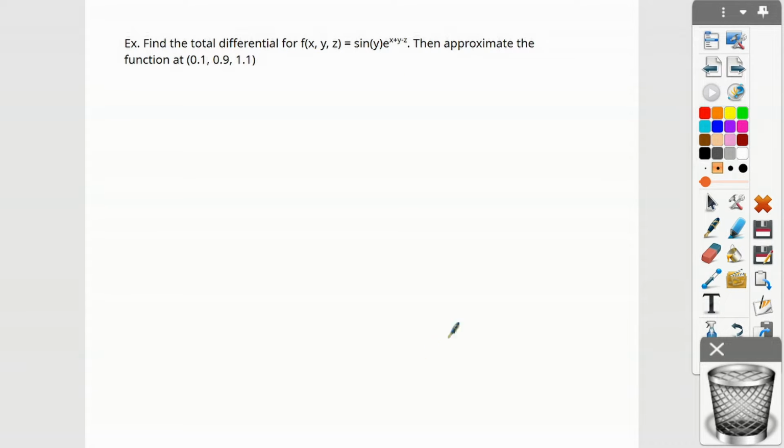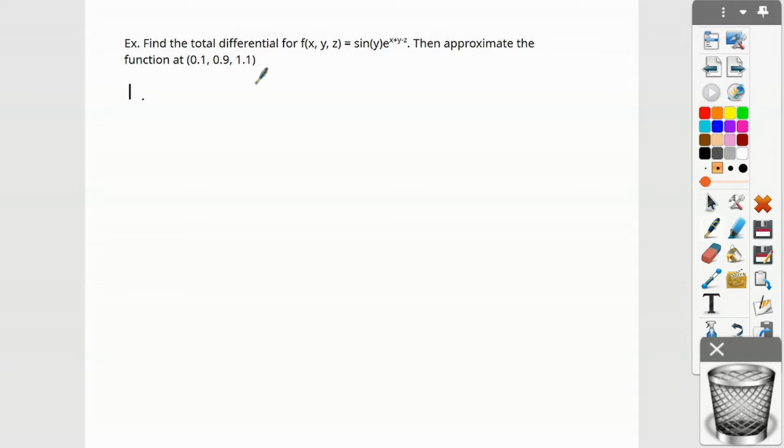So we kind of already did it last time, but let's do it one more time to see if we can find a better way, an insight. We probably won't. But anyways, find the total differential for this, and then approximate the function at this. So we can go through the steps again. First, we want to find a point that is a little bit easier to wrap your head around than